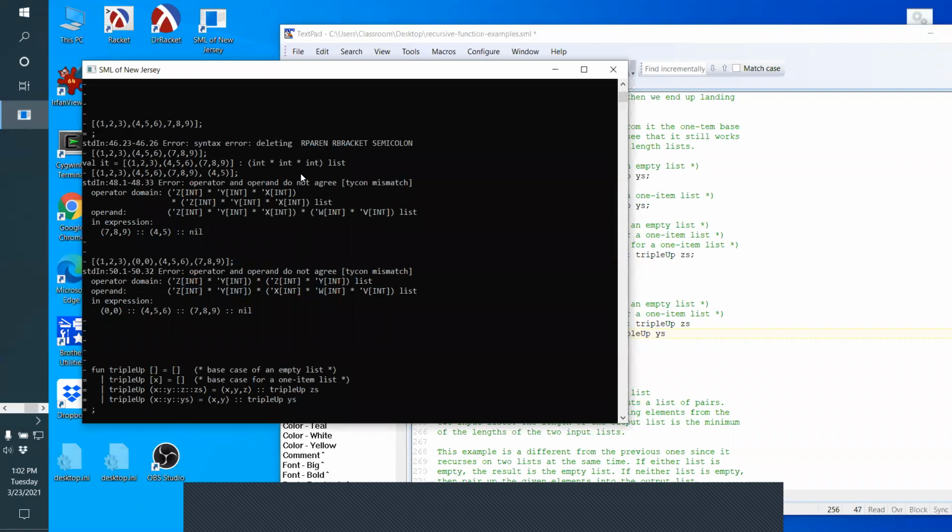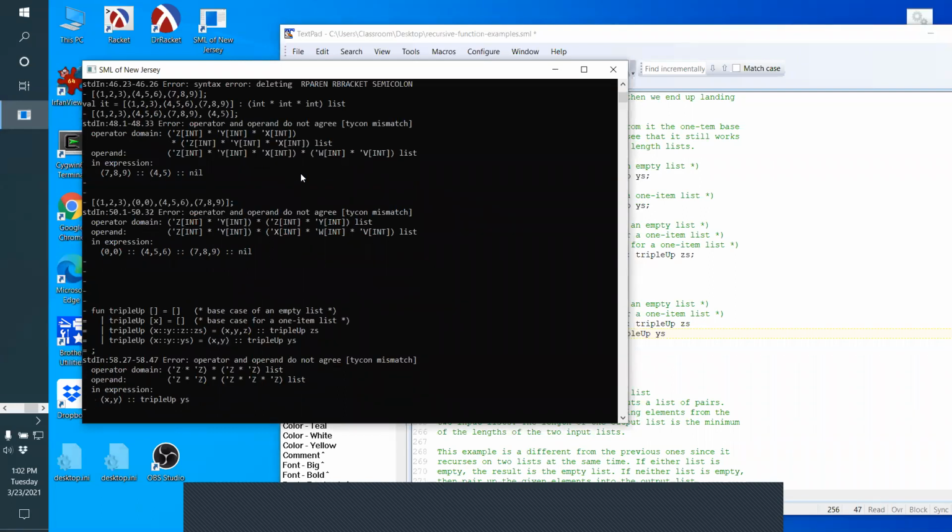Oh, I forgot the semicolon there. Okay. See, it didn't like the pair cons on to triple up. It basically said, no, you're supposed to be doing triples. Then all of a sudden you want to put a double on there, and it says, no, you can't put the double in front of the triples. Okay, so